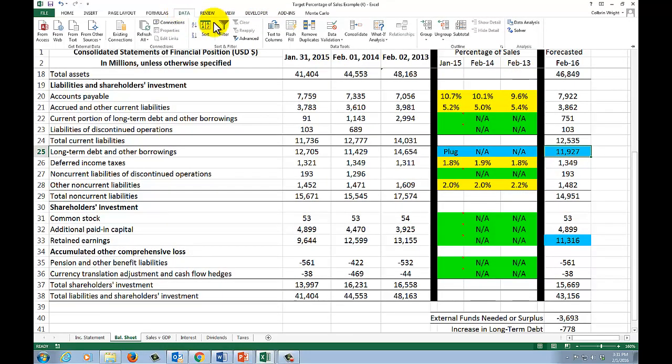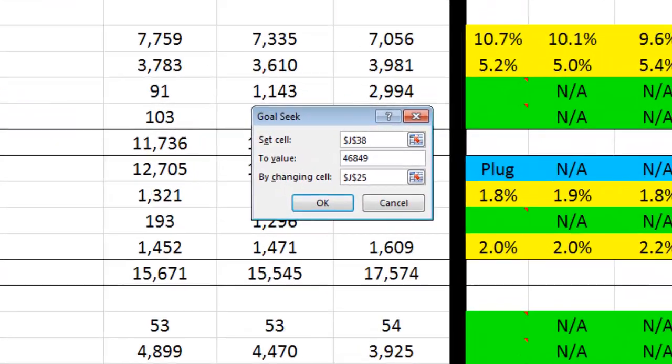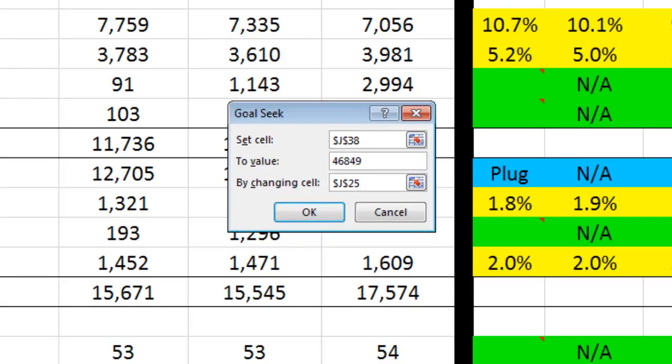So I'm going to go to Data, What If Analysis, and Goal Seek. And what I'm going to say is set this cell, 43156, equal to our total assets, which is 46849, by changing the long-term debt. So what I'm telling Excel to do is make total liabilities and shareholder investment equal to 46849 by changing the